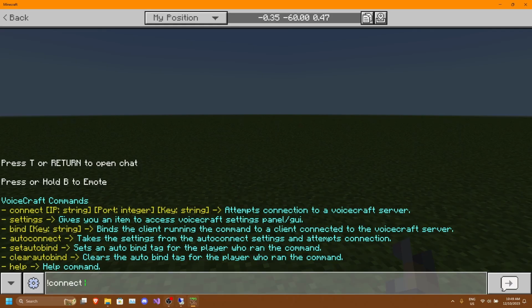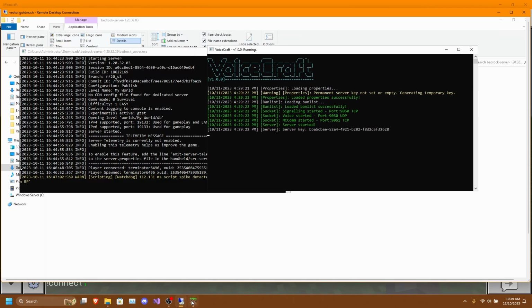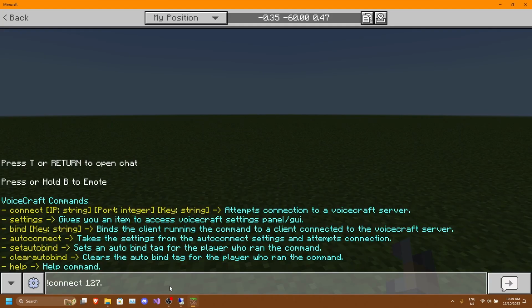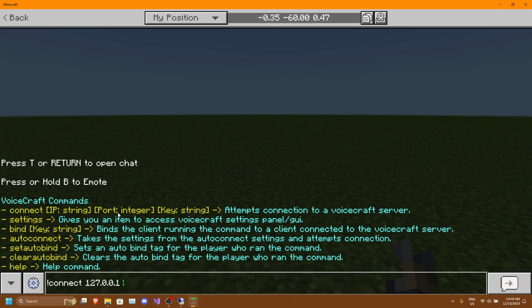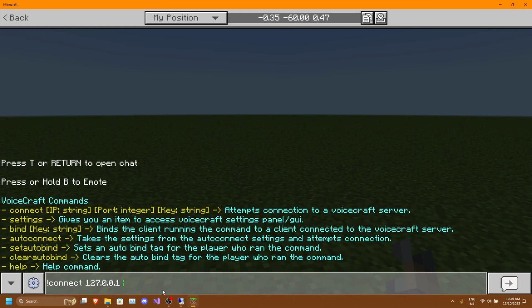And then since we've got both the servers running on the same machine, we type in 127.0.0.1, which is the loopback IP address. Next, we need to put in the port, which, if you remember, was 9051, given to us in the MCCOM started logging. So 9051.